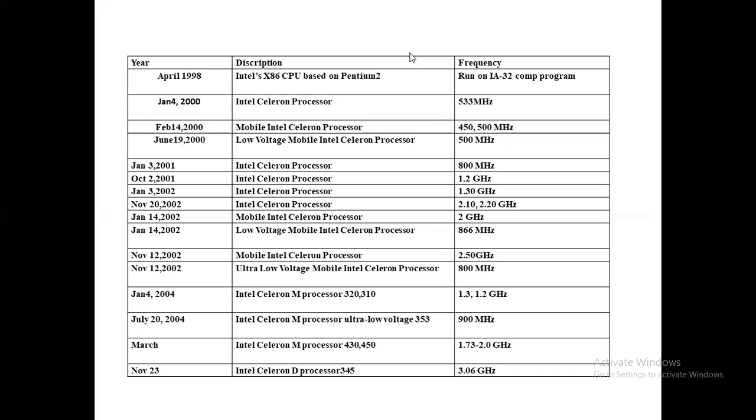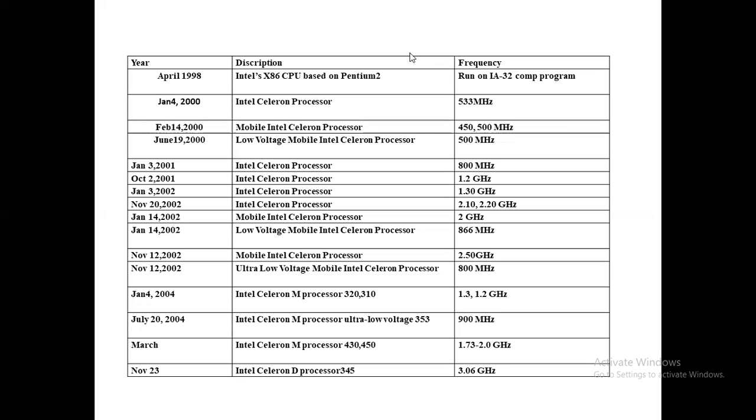Simultaneously, low voltage mobile Celeron processor has been developed by the Intel with frequency of 866 megahertz. In November 12, mobile Intel Celeron processor having a frequency 2.50 gigahertz was kept in market. Then ultra low voltage mobile Intel Celeron processor having a frequency of 800 megahertz was developed. In year 2004 to 7,